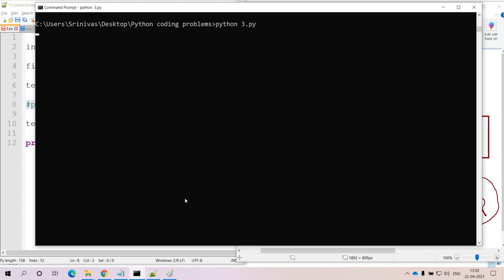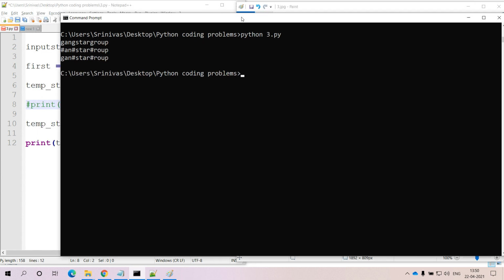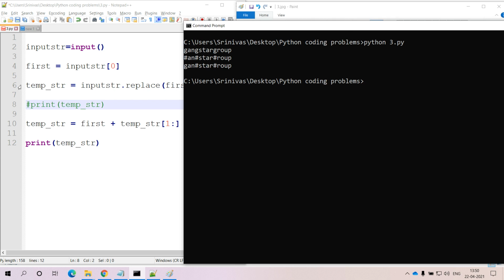So if I'm going to pass gang star group, actually the string that we are getting in the sixth line is, instead of the first character, we are replacing that entire first character wherever it is occurring.